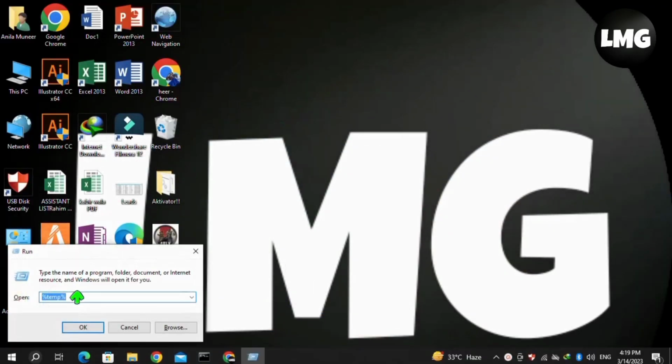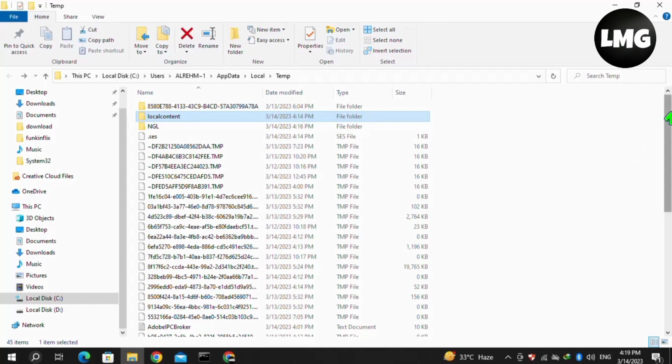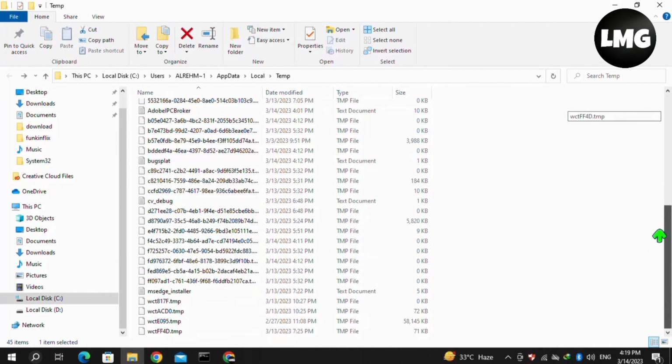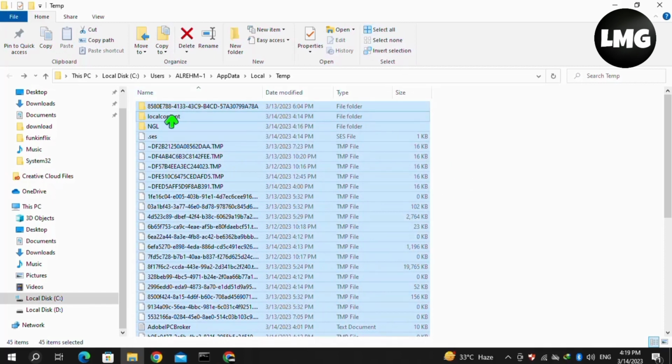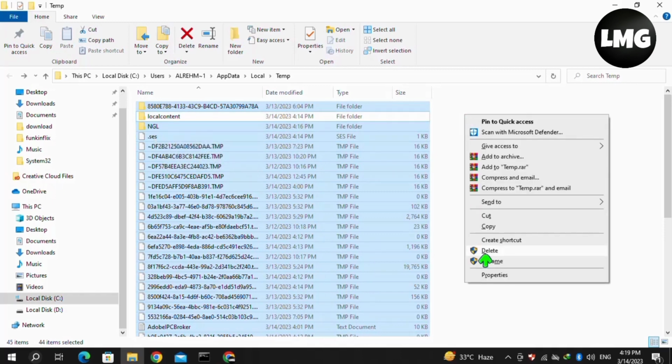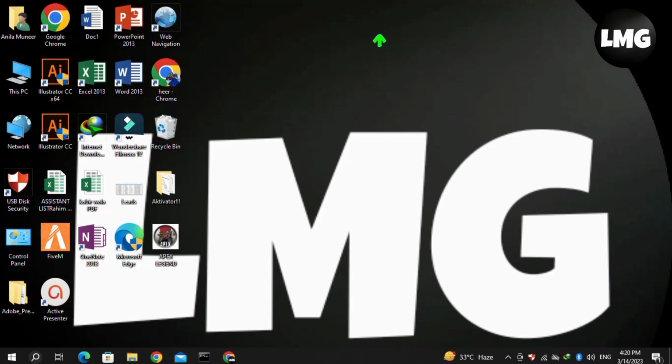For this, open your Run box by pressing Windows plus R at once and then search here for %programdata%/origin and then click OK. And here you will find this type of interface. Basically you have to just select all of the files and folders from here, right click, and then click on delete, but make sure that you do not delete the folder named local content. After completing this deleting process, you have to just close this window and refresh your PC or